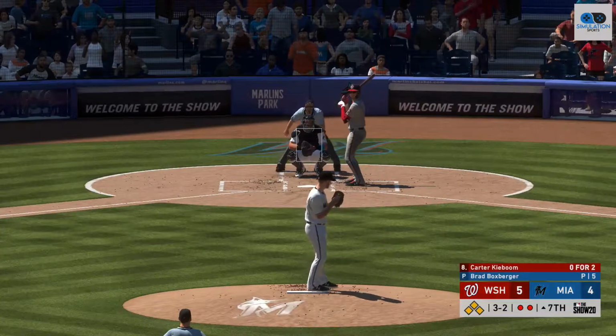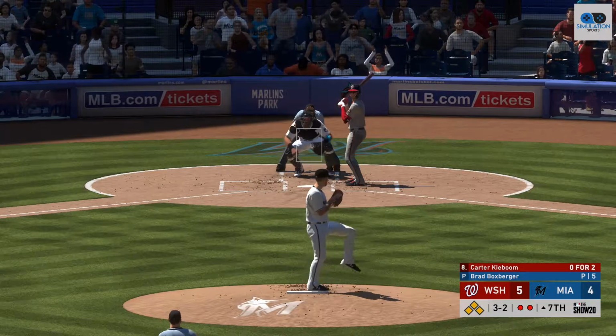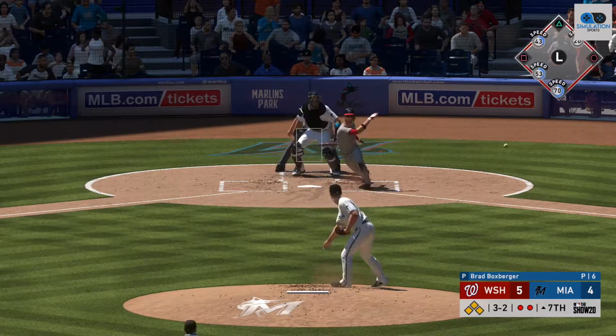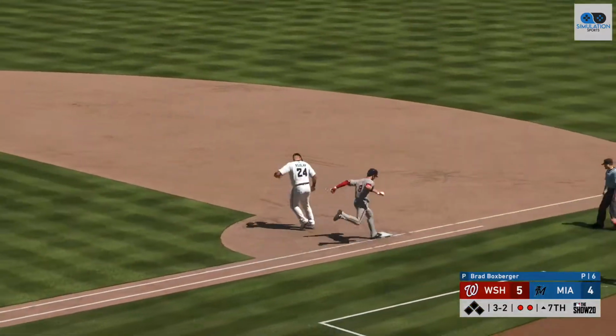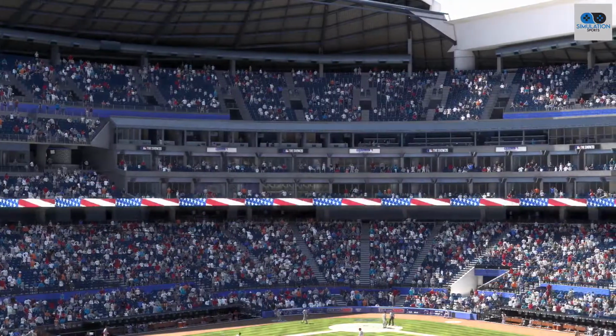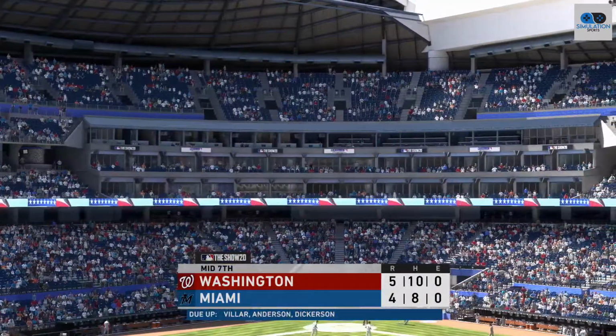He inherits a bases loaded jam, but needs just 1 out to get out of it. At the plate now, number 8. This is on the ground to short. Is he going to get out of this? Over to first. He does get out of it, and the inning is over. For the traditional 7th inning,